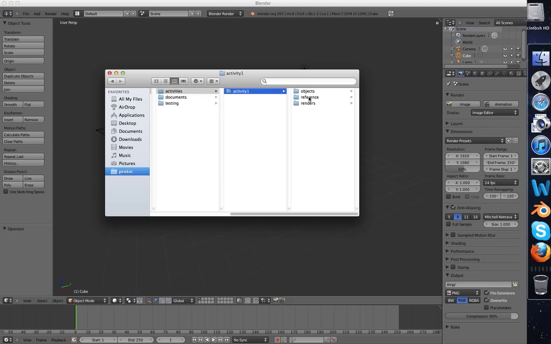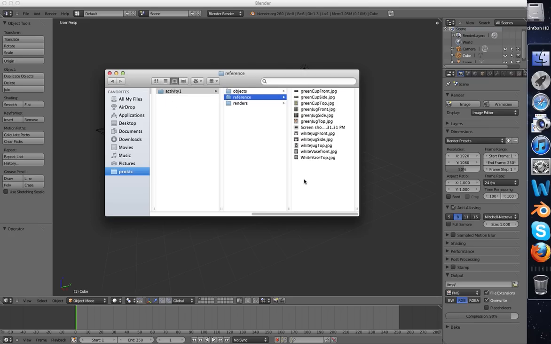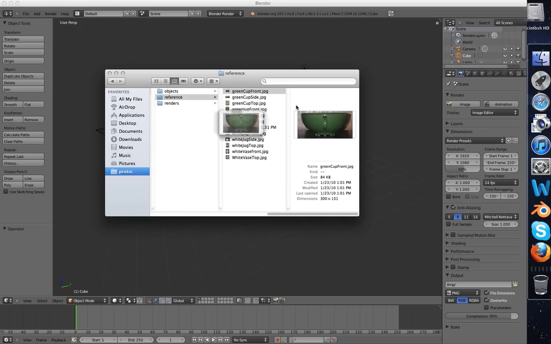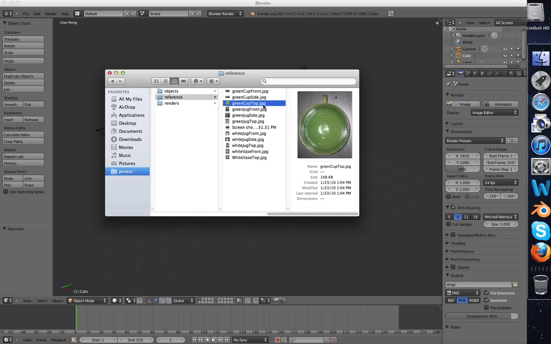One is the reference, the images of the objects you're going to build. And the last one is renders. We're going to keep our renders. So these are the objects that we're going to build. And as you can see, I took the image of top, side, front